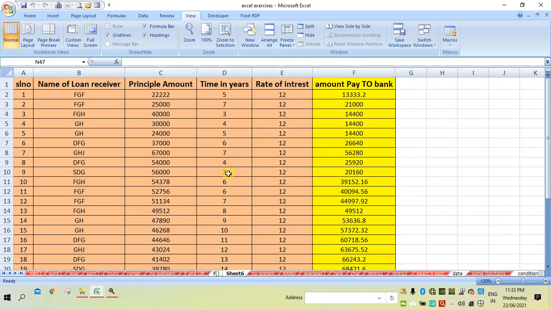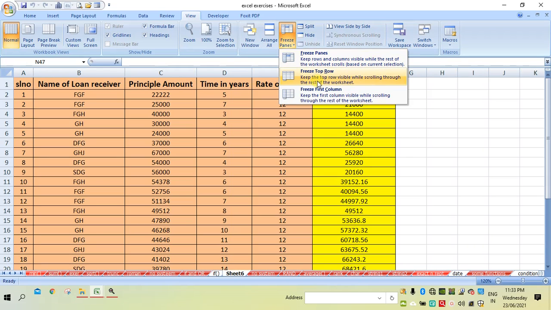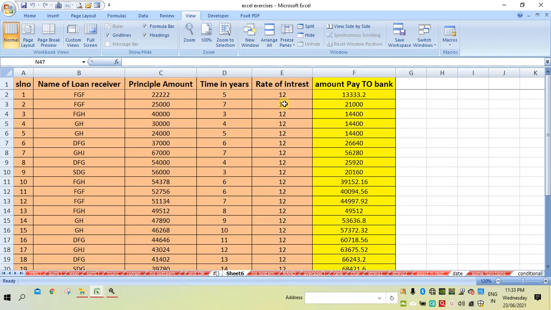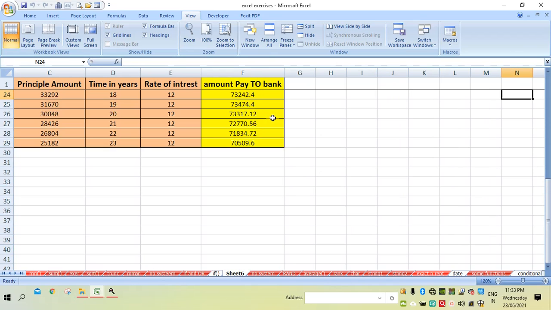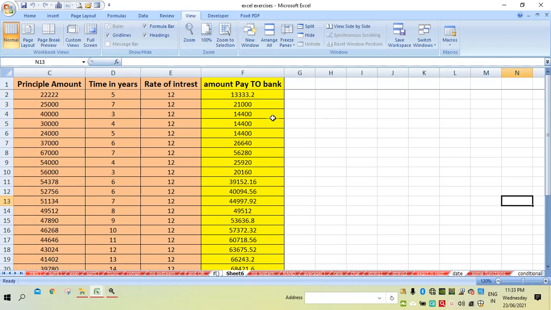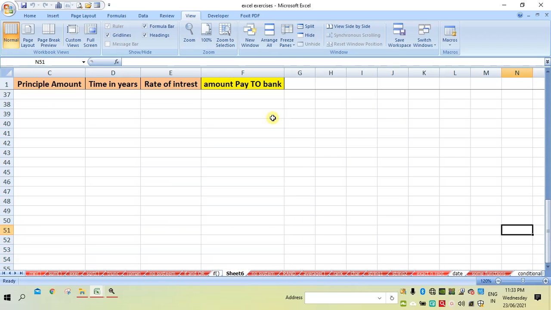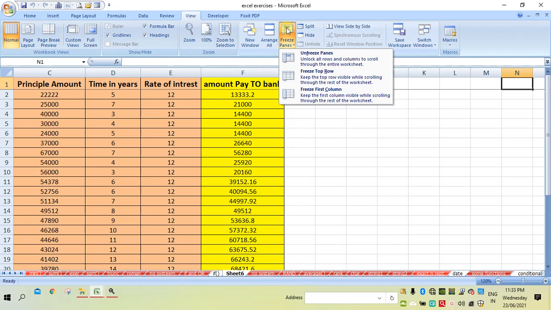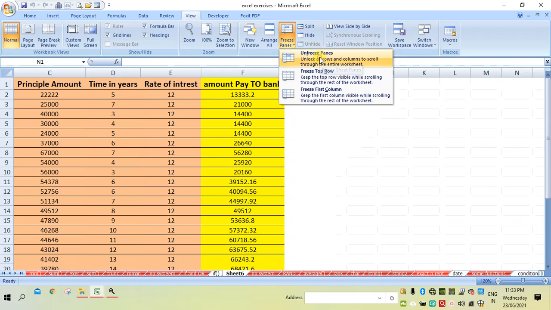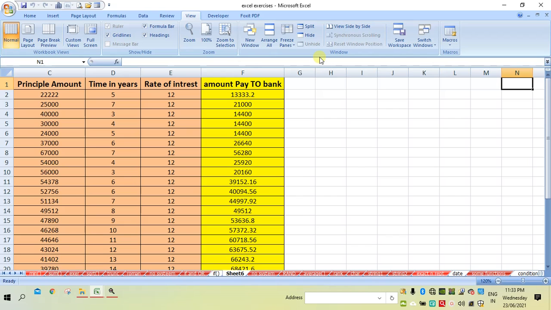So we have 2 more options. Suppose you want to freeze the top row, then go here and press this. Now the top row will be frozen. Now the top row is frozen. Suppose you want to remove the frozen area, then click here, then click on this to unfreeze.